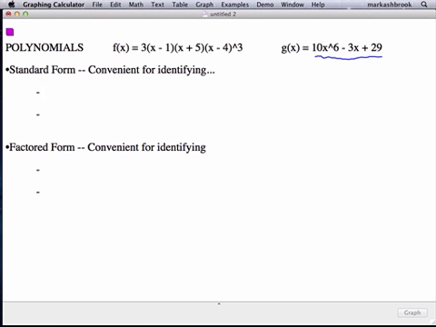Okay, end behavior. X-intercepts. Agree with that? End behavior and x-intercepts. Some are shaking their head. Y-intercept. Okay, so looking at this standard form here,